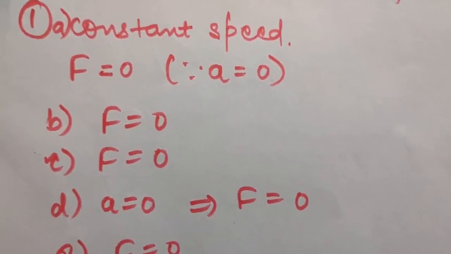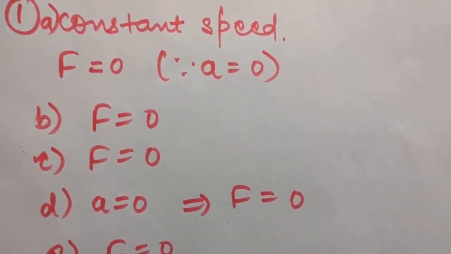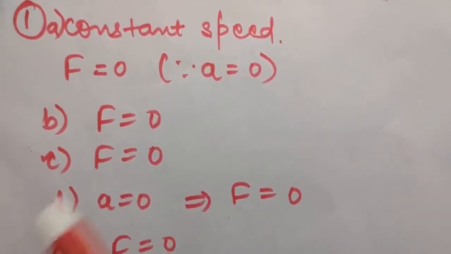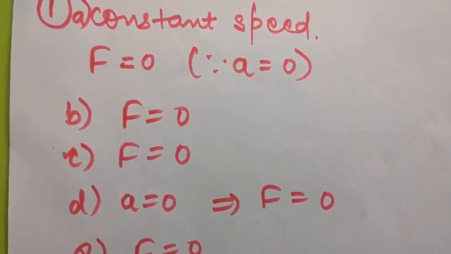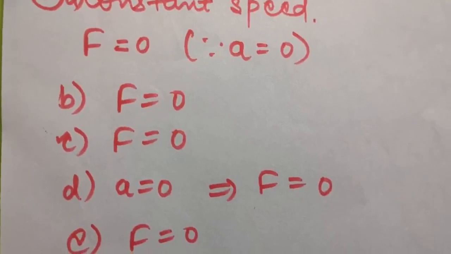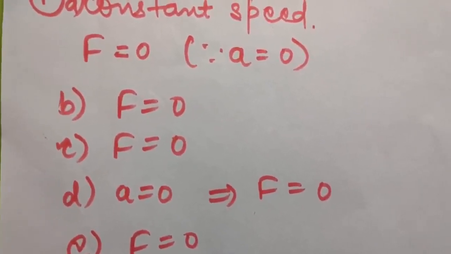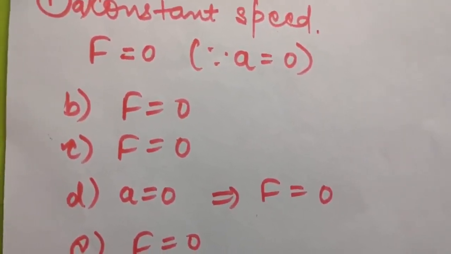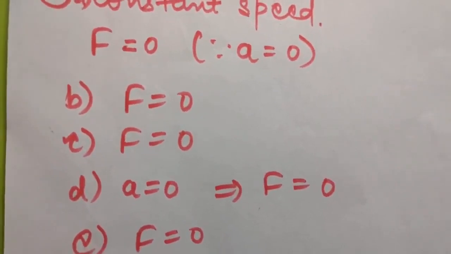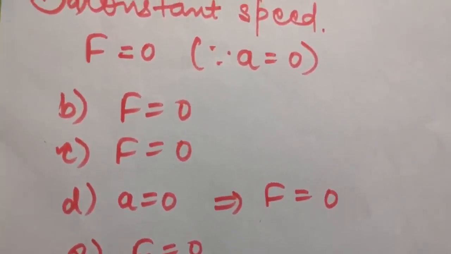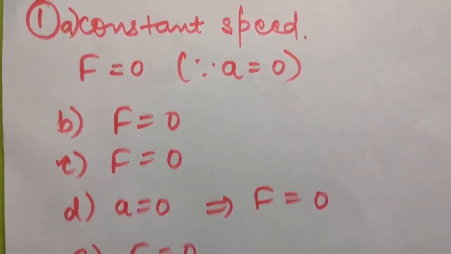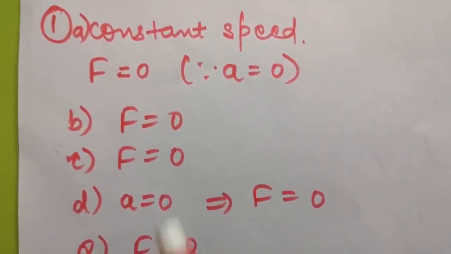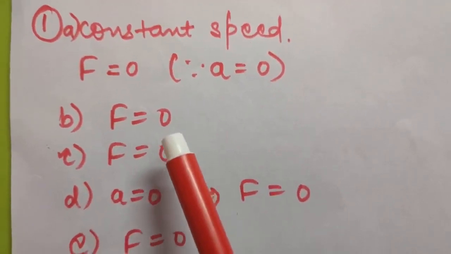Okay, B part says a cork of mass 10 gram floating on water. Now see, it is floating on water, that means it is balanced there. So as you know, anything is balanced or anything is in equilibrium only when net force on that object is 0. This you have studied in your lecture. So balanced means in equilibrium only. Okay, so therefore the force will be 0 on the cork also. So answer of B part will also be 0.